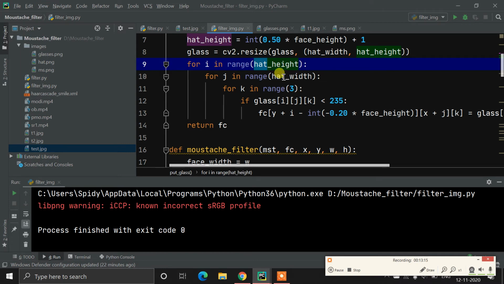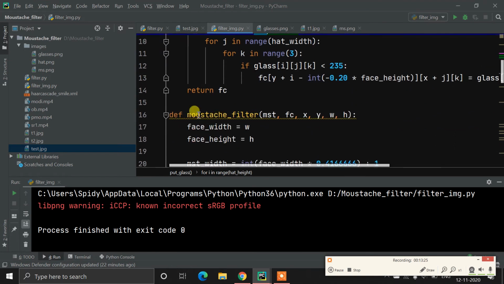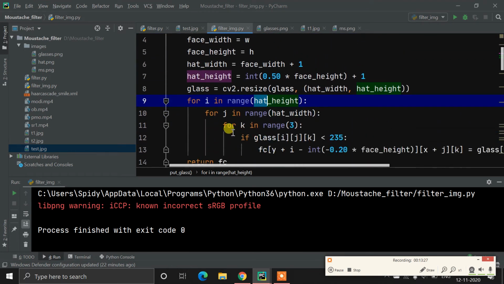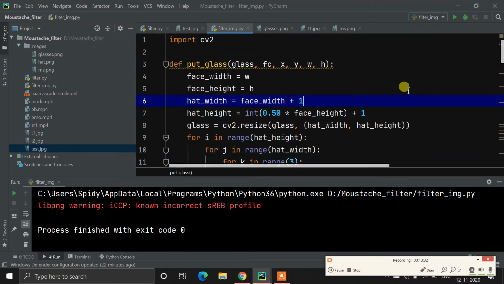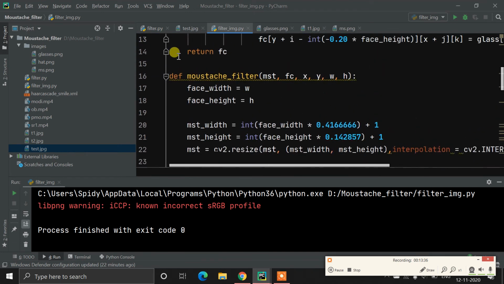After that, it will adjust the height and width of that glass according to our detected face size, and that's what it is doing. So I hope you are getting it. That's why we are using multiple for loops in this. That's what we are doing with glass, and the same is the case with the mustache filter.